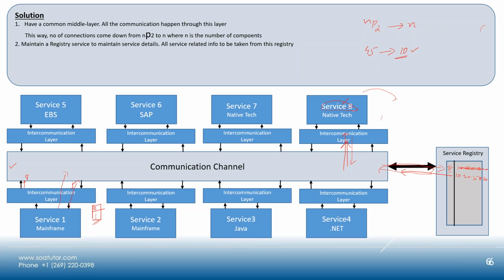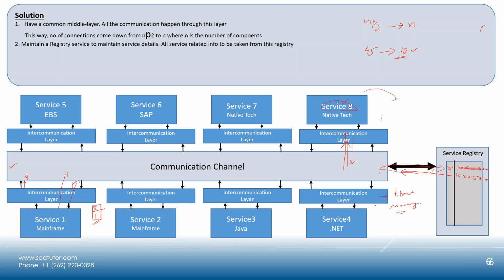Okay, so we solved the intercommunication, number of connections problem. We solved the tightly coupled nature, but we are left with one of the major things, which is the intercommunication layer, because this is the one which is taking time and money, right? So how do we deal with this? Okay, so